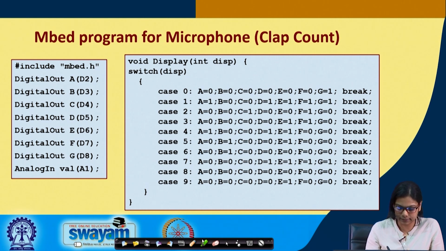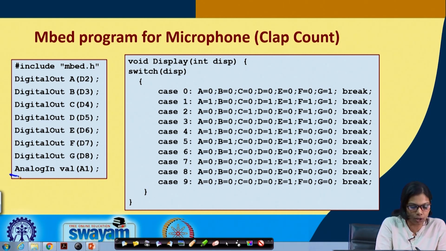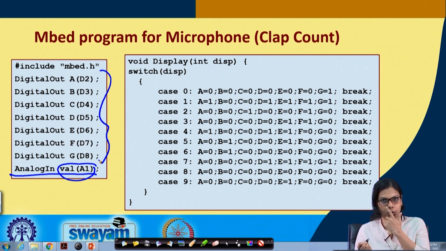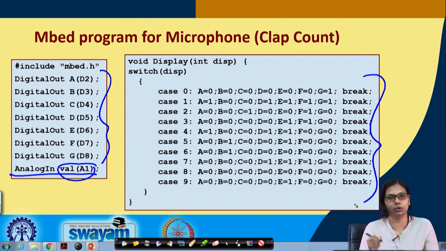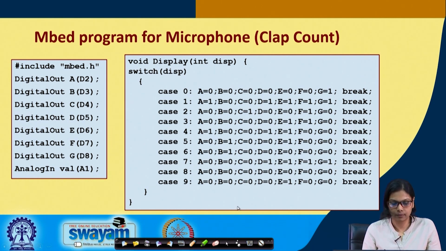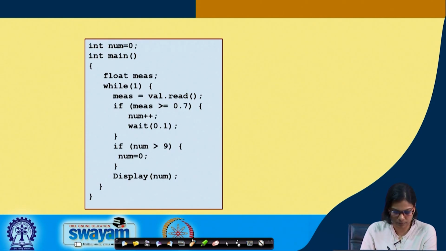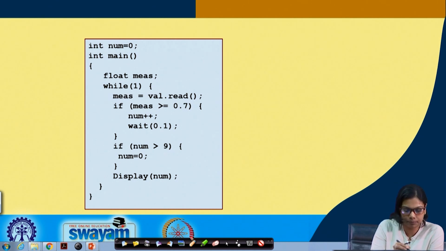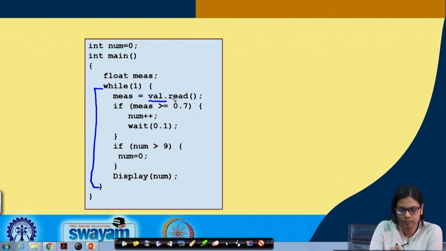What I will discuss here is this one, analog in val that we have taken is A1, and this is the connection for the 7-segment, which we already know. This is also the part of the code which we have already discussed. Now, look into this code. In the main, in this while 1, we read the val through port A1. If the value is greater than or equal to 0.7,